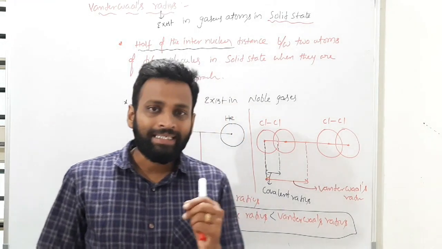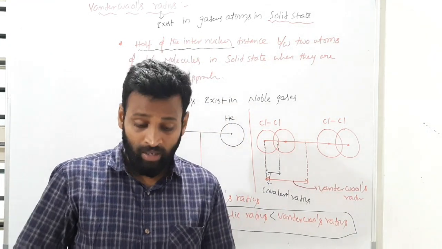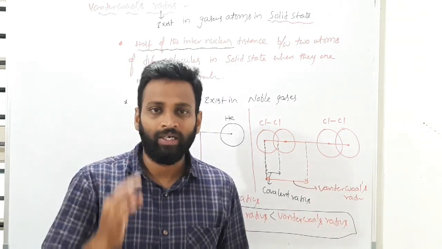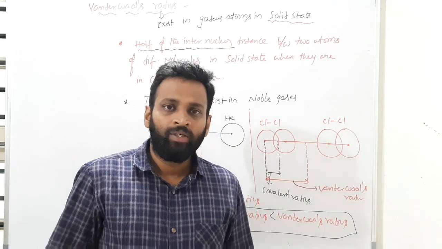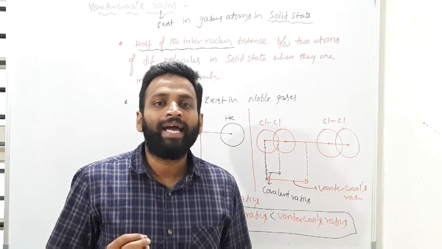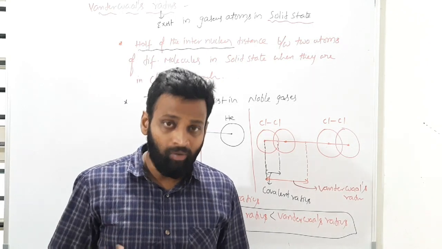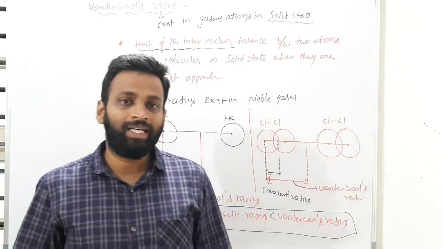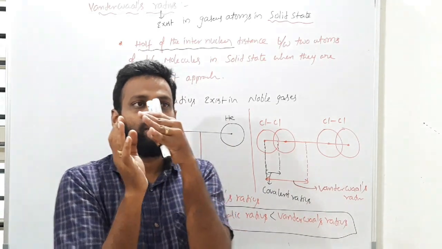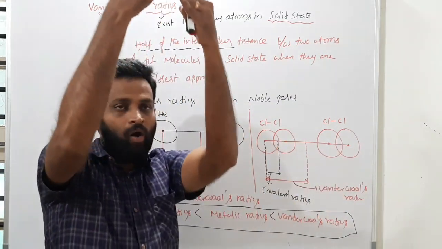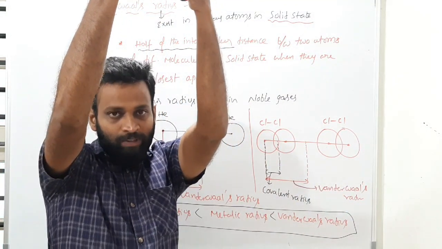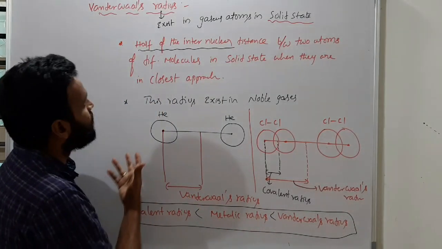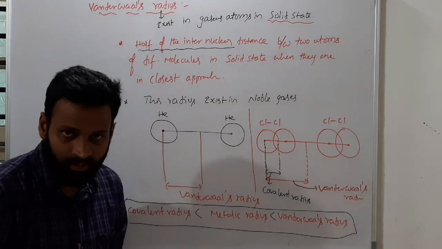Okay. Next class we will discuss the variation of atomic radius in groups as well as periods. That is very, very important. Till now we discussed the types of atomic radius. In our next class we will discuss how atomic radius changes from left to right in a period, and how atomic radius changes, meaning increases, from top to bottom in a group. We will see in our next class. Have a look, take a screenshot and write down all these things. Okay, thank you.